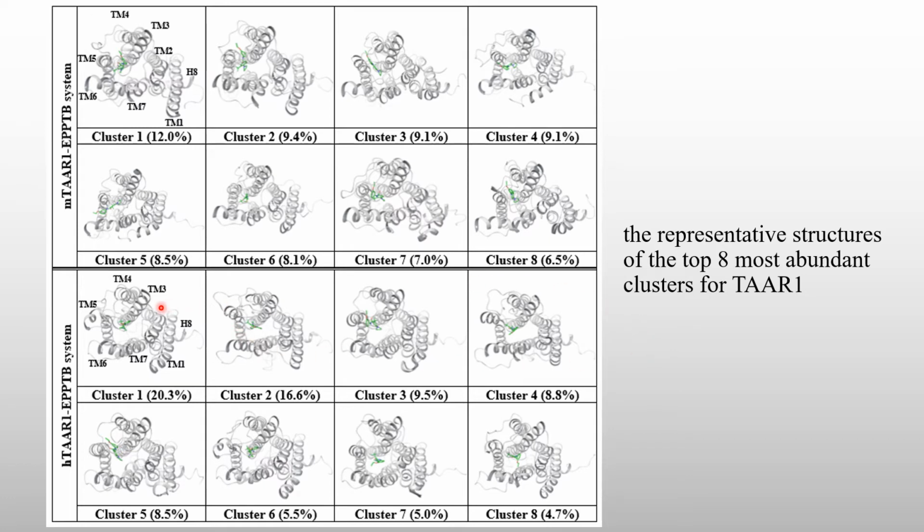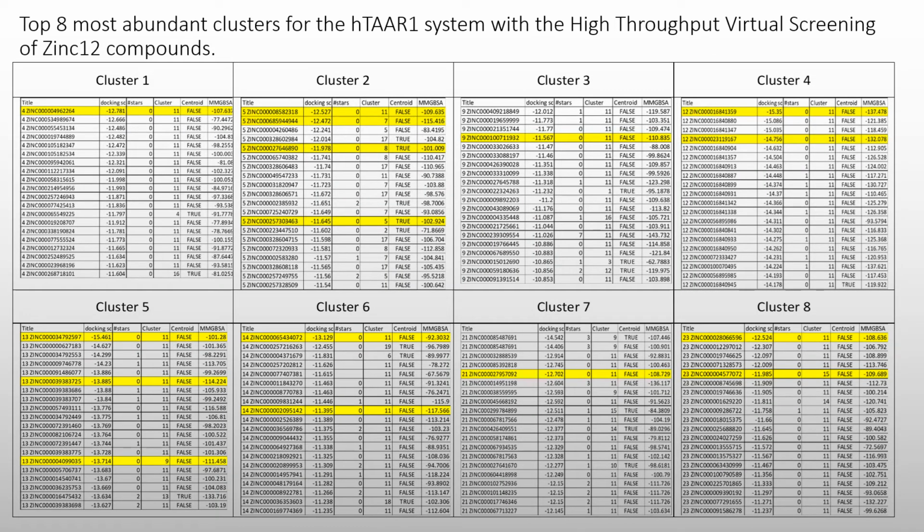And we took the human TAR1 complex here and ran a virtual screening with high throughput virtual screening here on the top 8 most abundant clusters, and we took the 16 most viable compounds that we saw within these clusters,